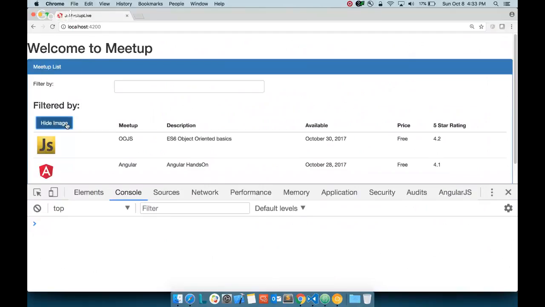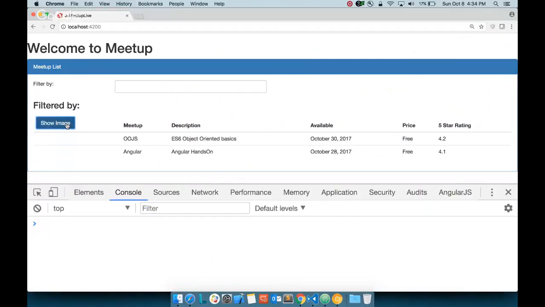One is JS, the other is Angular, and now my text has changed to hide image. And how we did this, we saw that, right? We have used the ternary operator, or the conditional interpolation, conditional binding we did, so many ways to explain that. And with doing this, what all things we did, now we did an event binding, because when I click